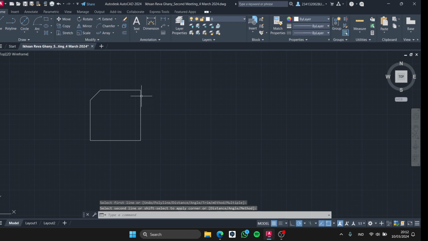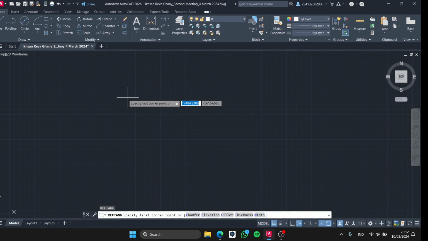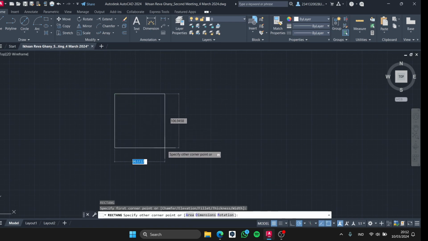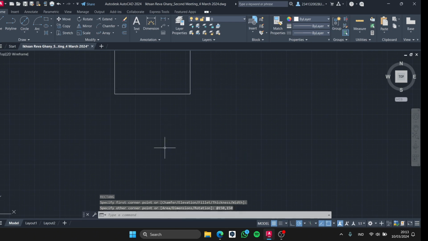But I don't know the measurements. I want to undo it. Rectangle first, 150, 150, for example,